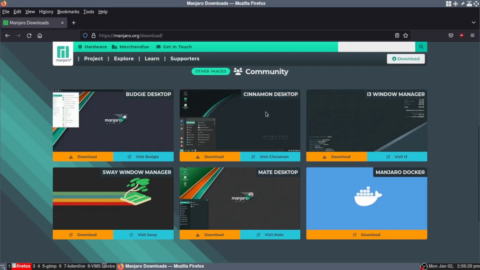Now the Cinnamon desktop was the Manjaro that I used to live in, and I lived in it from 3 to 6 months on 2 different computers. And the reason why is because Cinnamon is my favorite desktop environment when I'm not using a window manager. And when I was living in this, it goes back to the days before I knew what window managers were. But today,